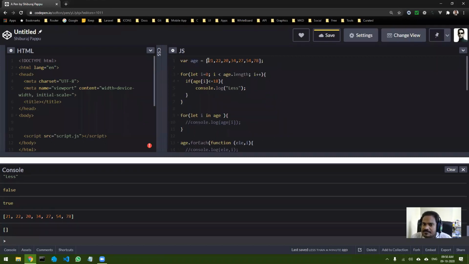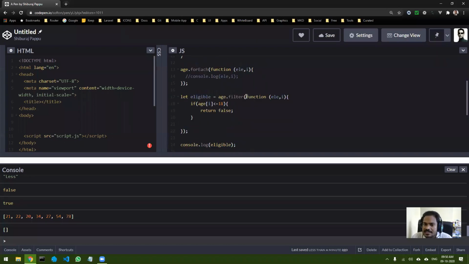The first iteration will be 21. It will come inside this function and work on 21, and inside it you have written 21 less than or equal to 18. Here you can return false or return true, but the filter function works only when you return true. When you return true, that particular element will be filtered and saved into a new array.